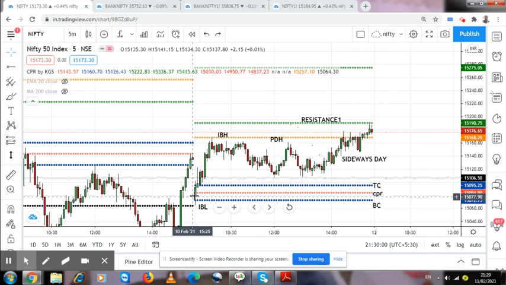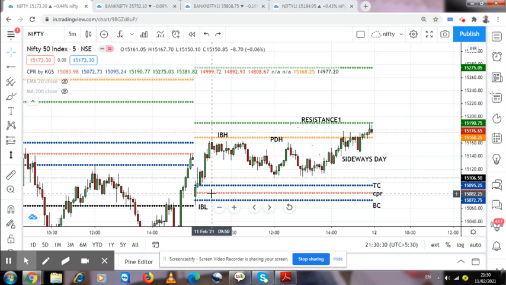So you can see that this is the 5 minute chart of Nifty. You can see the Nifty opened today around here, basically in between the top central pivot and the bottom central pivot. Okay, you can see this green bar. So the price actually, this was a mild, not too narrow central pivot range.